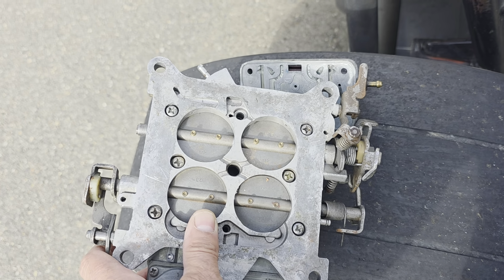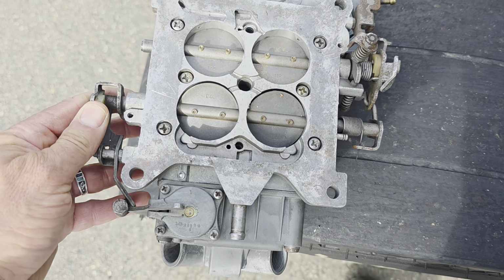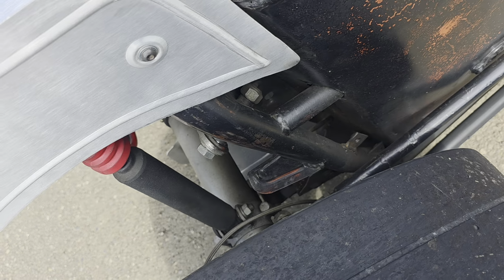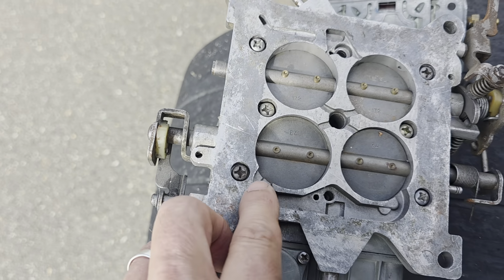Well, I got a little worried about drilling that out, and I might be on the secondaries here. Yes, I'm on primaries on this side. Secondaries are over here. So,